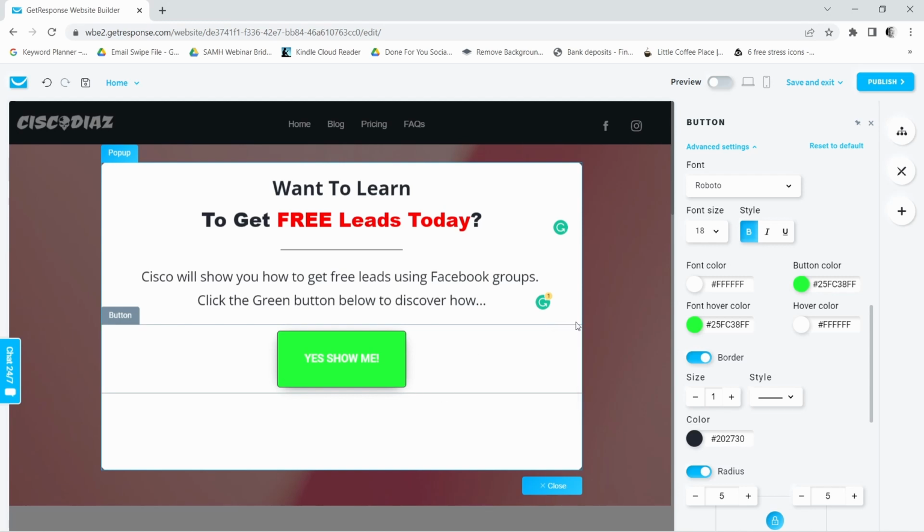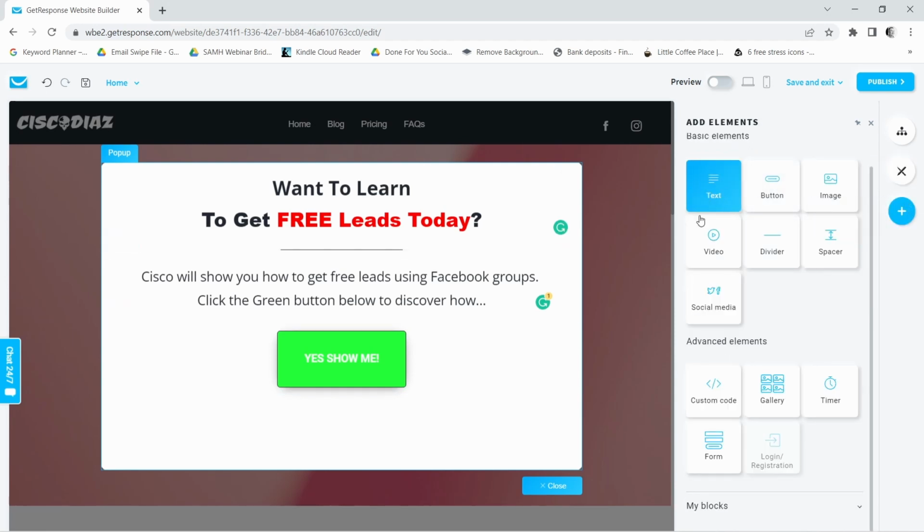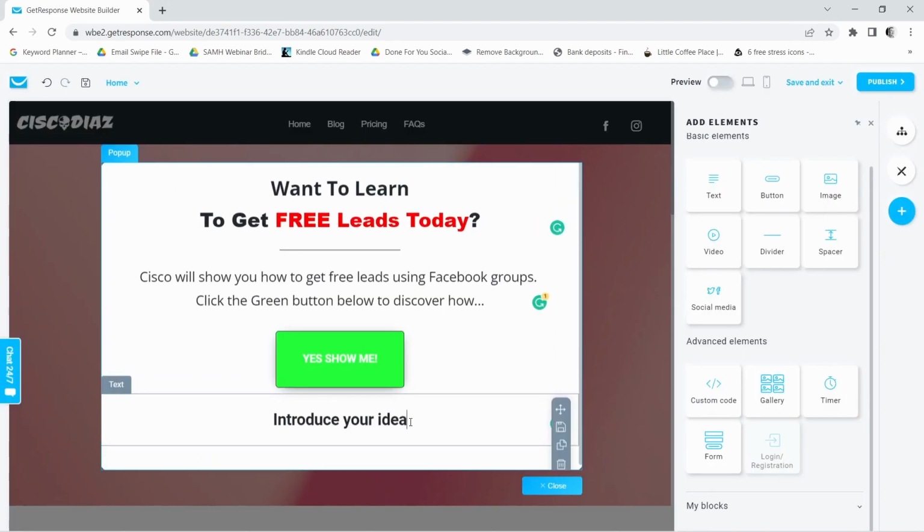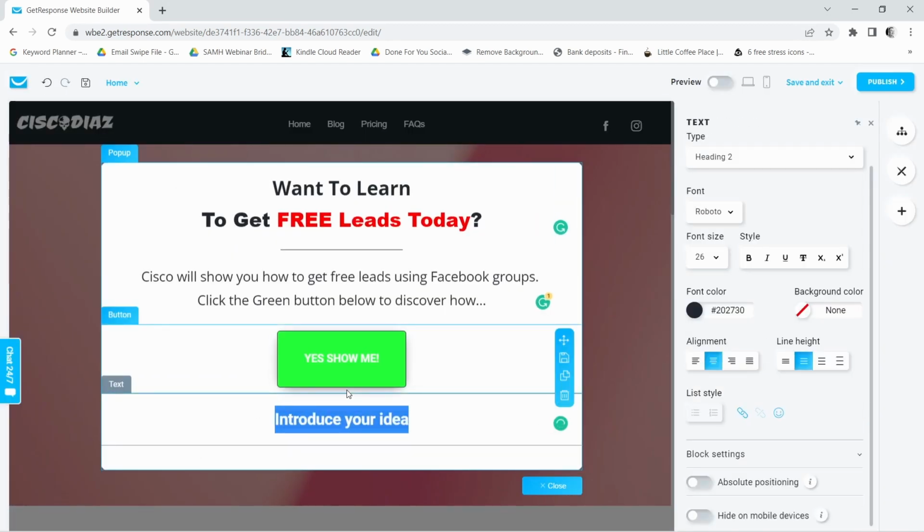And now finally, what I like to add to my pop-up form is actually this text right at the bottom here of my button. It's just simply going to give people the option to decline. So it's going to say no, thanks. So you can add in more text to this. Well, let's say no thanks, I already have